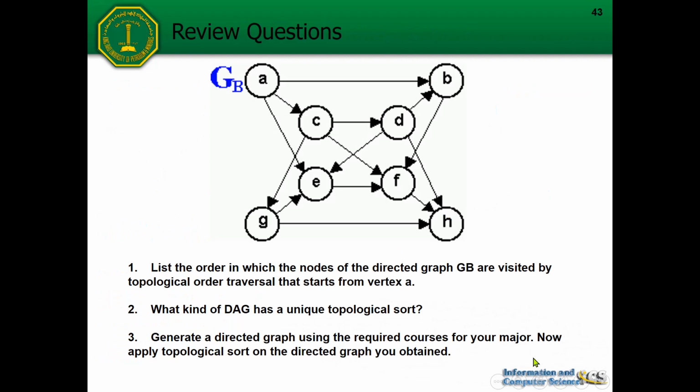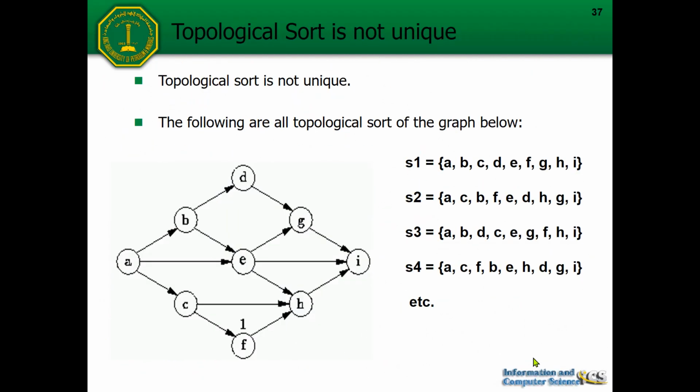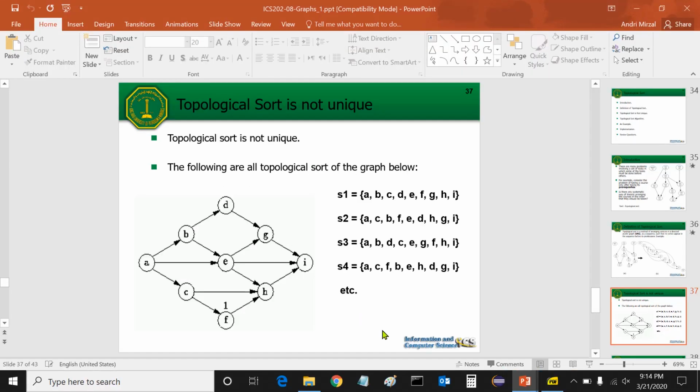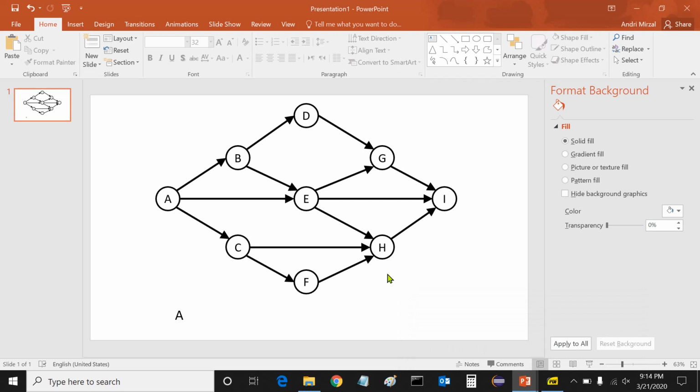Okay, everyone. Now maybe we will not discuss the review question yet, but we will return back to this example. Look at this, everyone. Now I will repeat again the topological sorting mechanism by using this example. Okay, now I'll just open my drawing. So look at this. This is a data graph, a DAG, the directed acyclic graph.